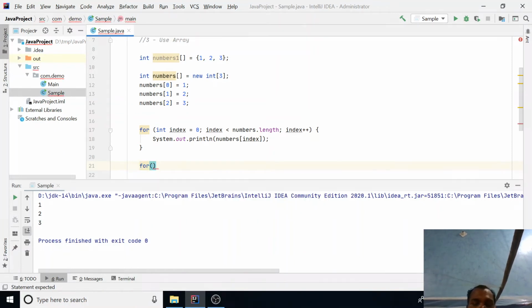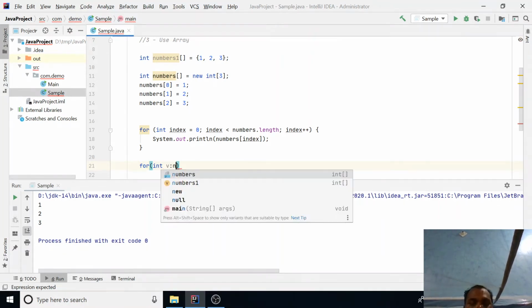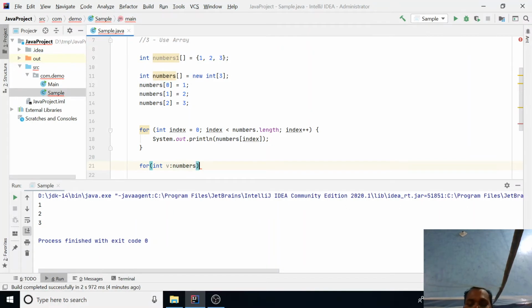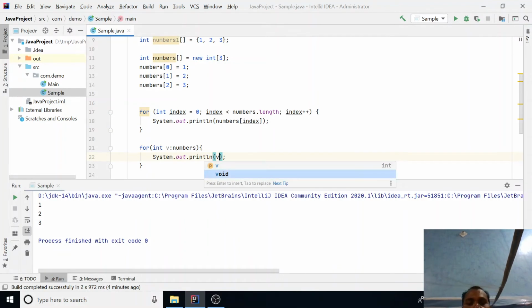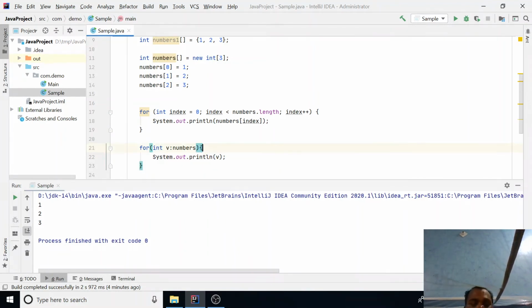You can say here is your element, integer v, and here you can specify your array. And now you have the value. So this is the enhanced for loop. Okay.